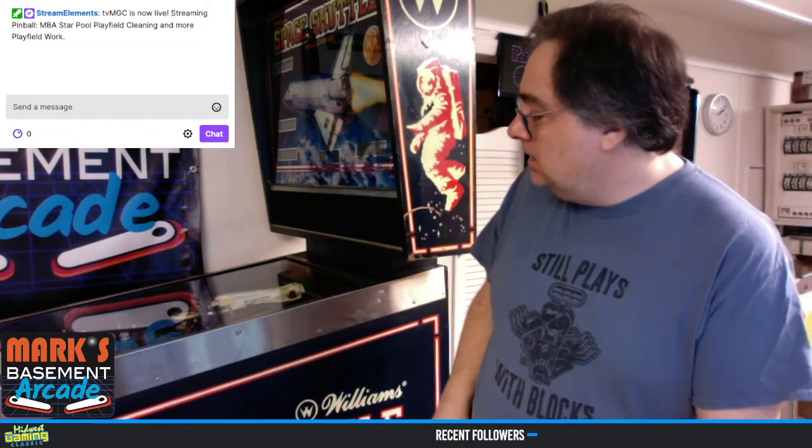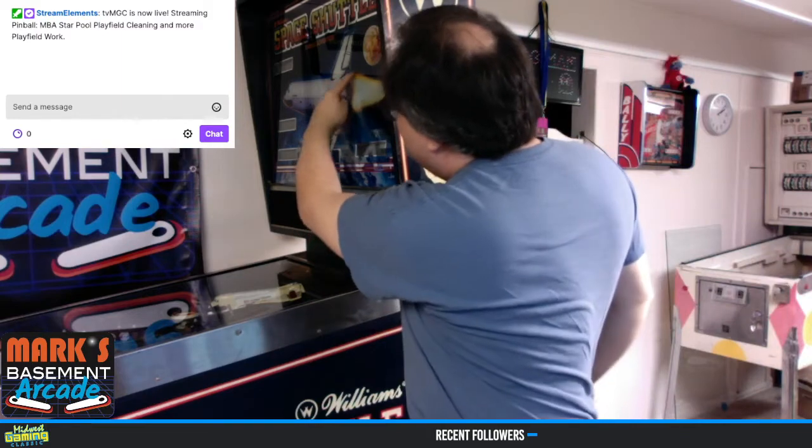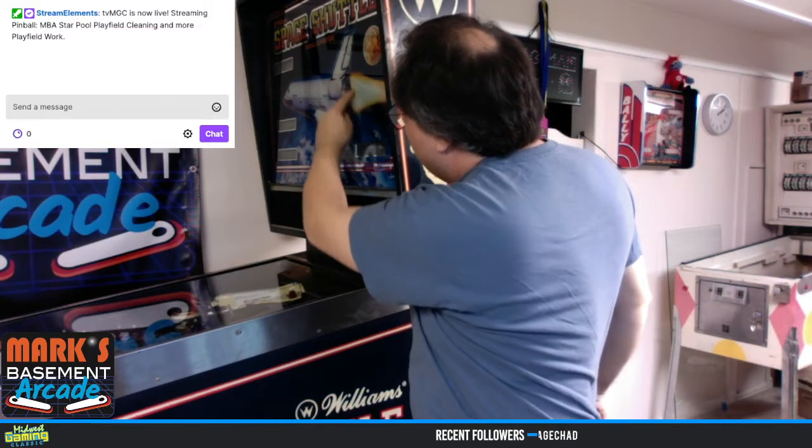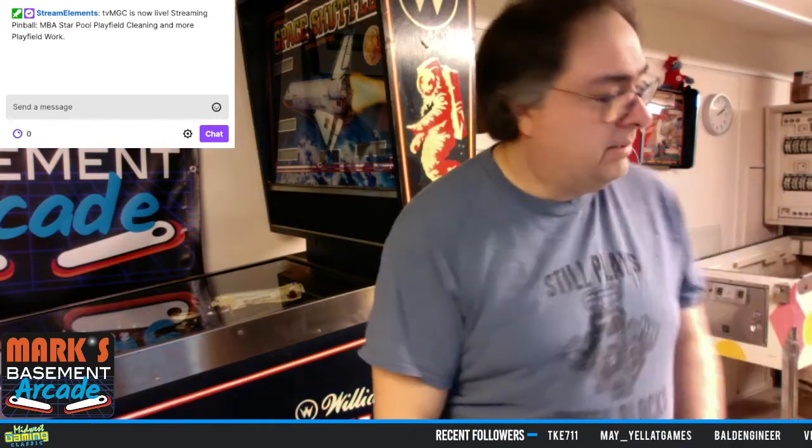The 0.1% that is not working is a couple burnt out bulbs and the flashers that are right here. There's a big group of 4 flashers. Now there are little regular GI bulbs that are controlled here that do flicker, that make the flames. Those do work, but when you get into multi-ball, whenever the flashers go, these are also supposed to flash, kind of like the afterburners kick in on a space shuttle. But anyways,